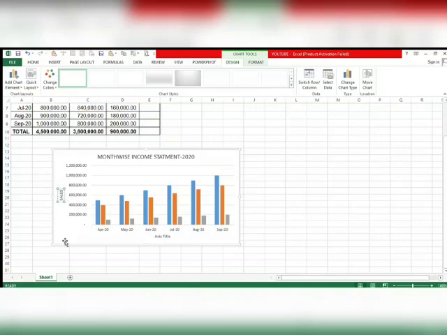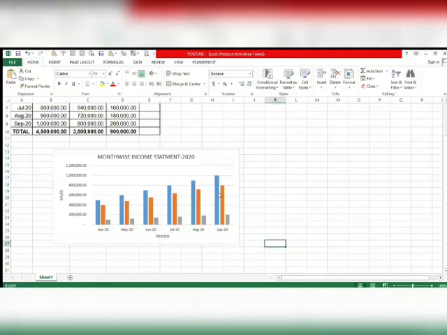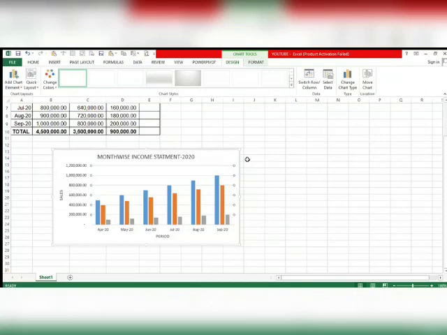Okay, then this x-axis horizontal we can put here. What we can put here? This we can put period. Period.